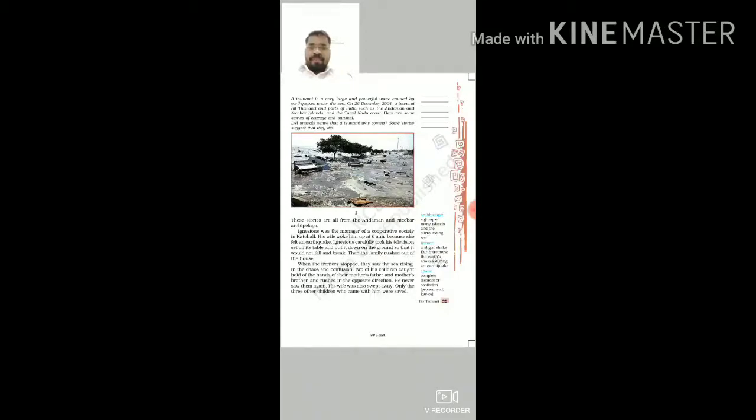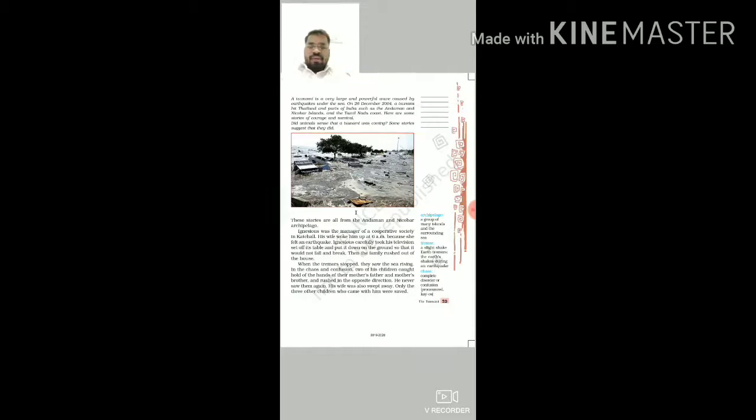And rushed in the opposite direction, as we know that if sea water or sea level is rising, it's better to run from that direction. In the opposite direction, so they did the same. He never saw them again. That was the saddest thing we can tell. Ignatius never saw them again. Might be they had drowned in those waves.